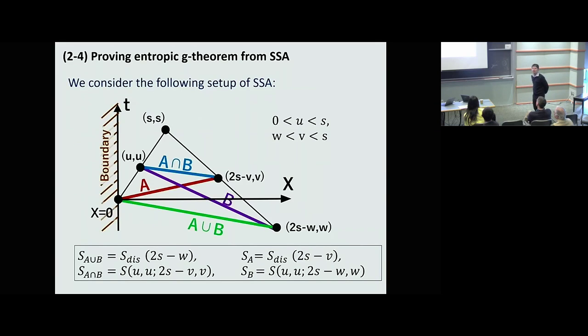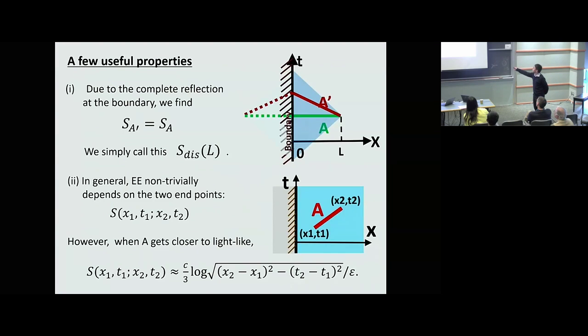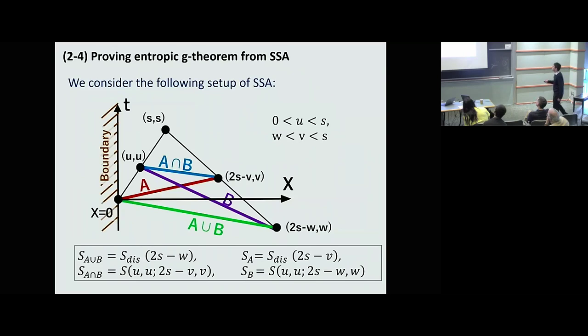Yes, that's right, exactly. It doesn't depend on where it anchors on the boundary. If you shift the point on the boundary, then will it change as a function of time or not? Sorry, what I mean is this one. You can change this location, but this bulk point should not change. I see. So in general, things can depend on the space-time location in the bulk, but you're saying if you change this location, it doesn't change because of... Yes. Of course, we assume time translation invariance because we are looking at the transient. So, thank you for the question.